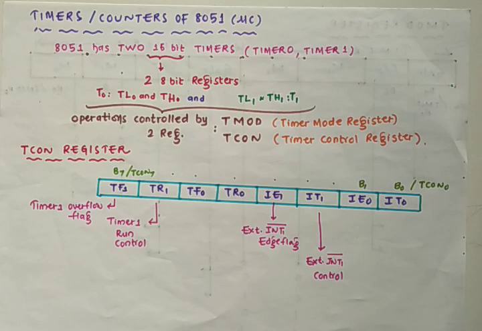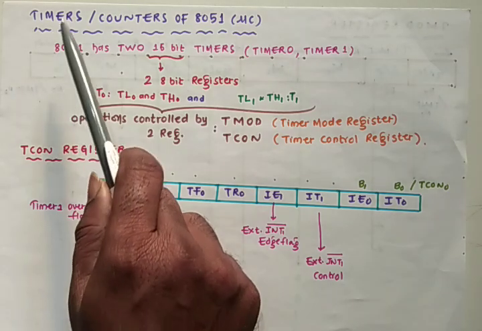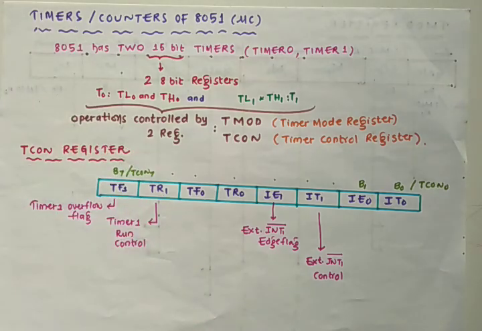In case of a counter, when we give the required clock to the timer from the external events, then the same timers can be called counters. That is the only difference. If the timers get the required clock from the internal input, we can consider them as timer 0 and timer 1. If they get the external clock from outside devices or outside events, then we can call them counters.